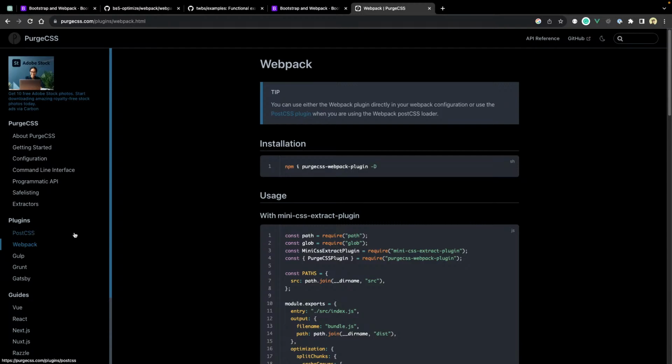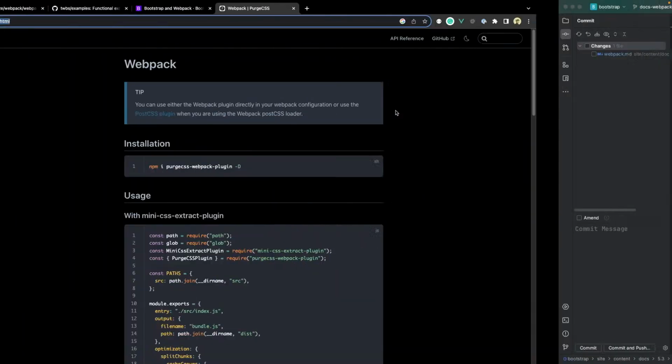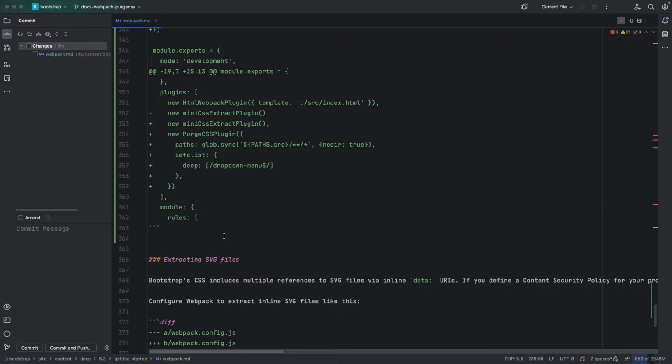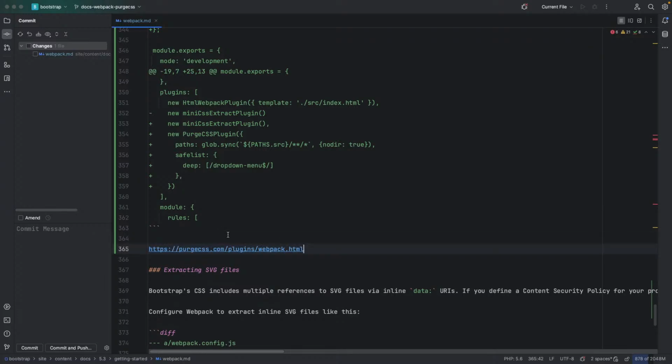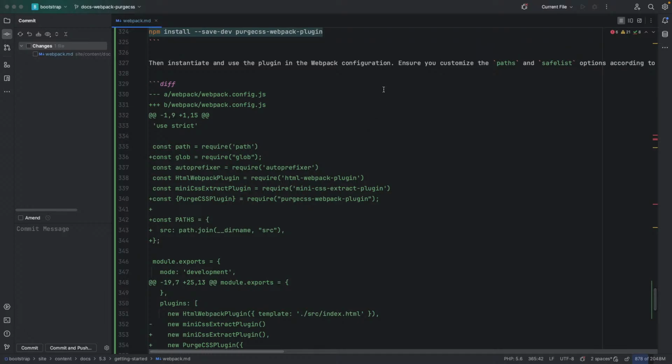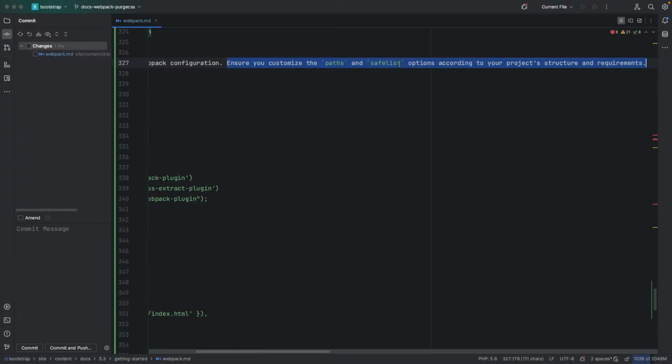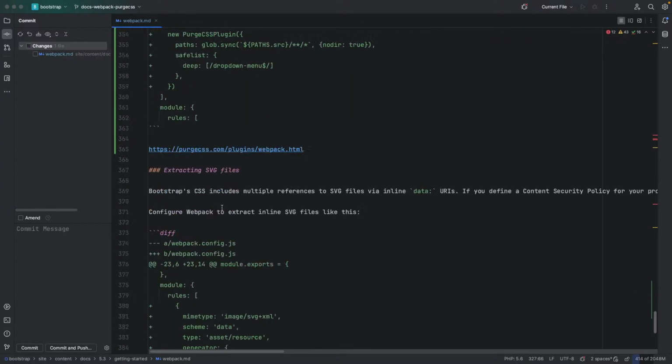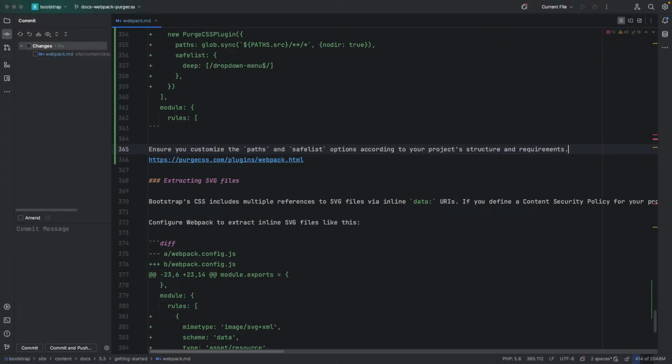Okay, so what I'm going to do is add the link here. I think it would be much better if we just specify this. I'm not sure what is better and not, because I think we will have to give an explanation of what's going on in here. Ensure you customize the paths according to need, and then